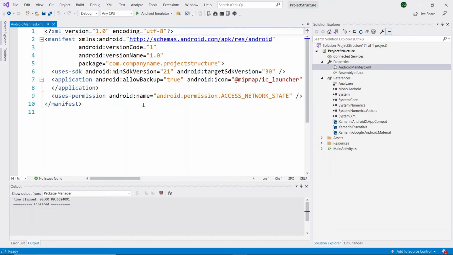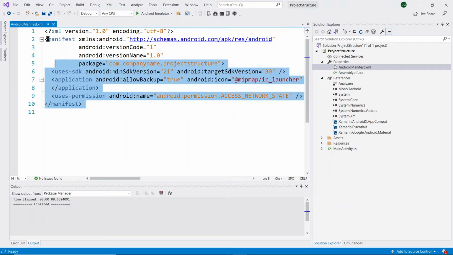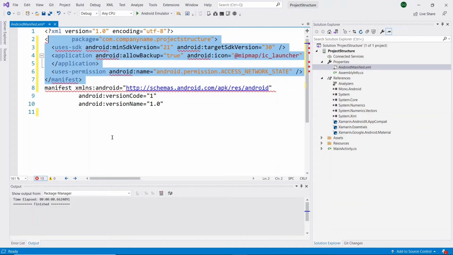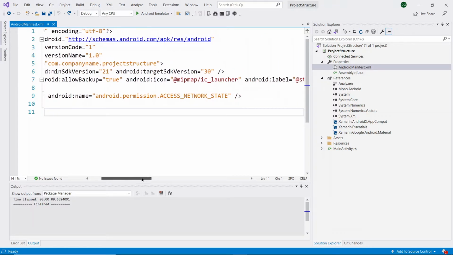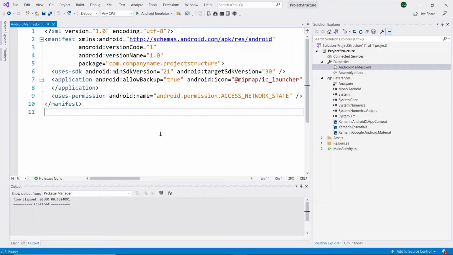Once you open the Android manifest file, you can see the structure of this file. Here you can find our application's basic information like our application icon, application name, target Android version and minimum SDK version, and what permissions we have given in our project.